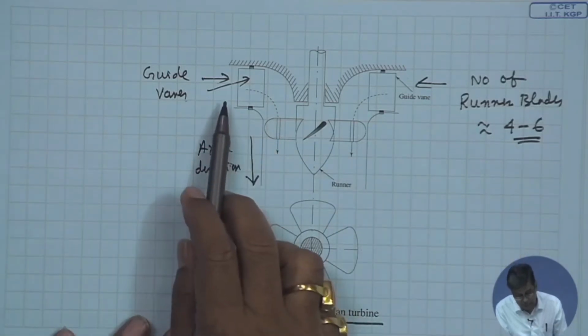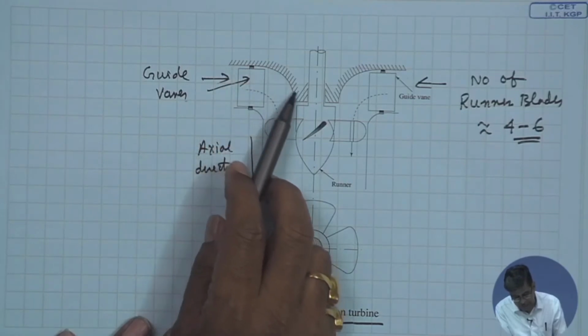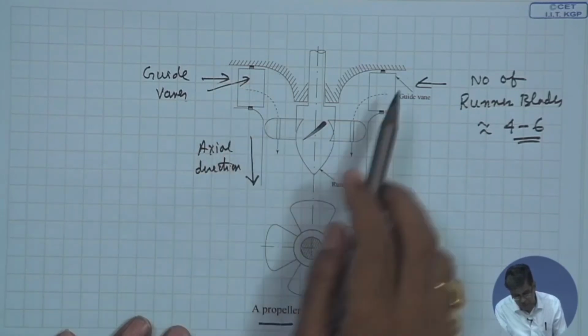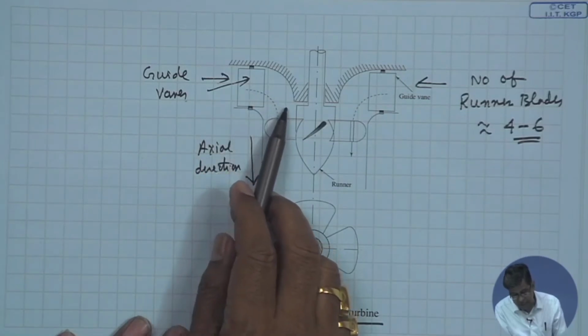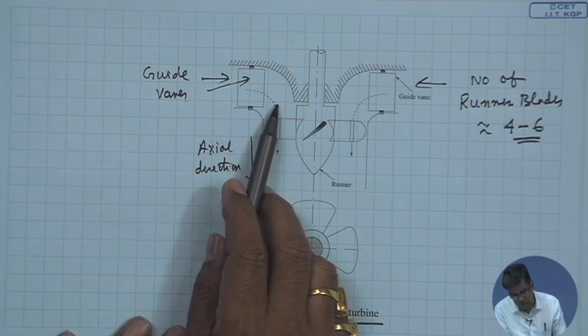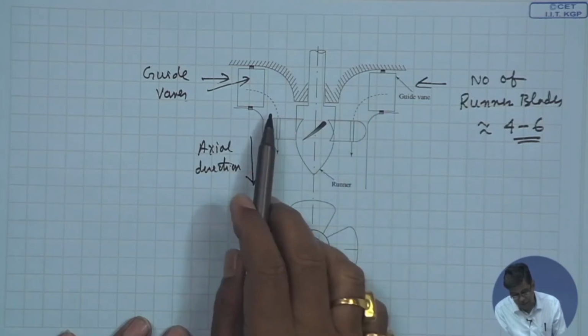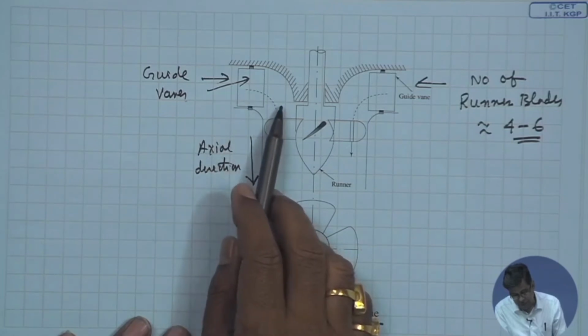Now, you see, while the guide vane turns the flow, there is a curvature like this, which is the geometry of this casing, and the flow gets some tangential velocity. Some tangential velocity is imparted to the flow, some amount of swirl is imparted to the flow as it reaches the turbine blade. And this swirl in the